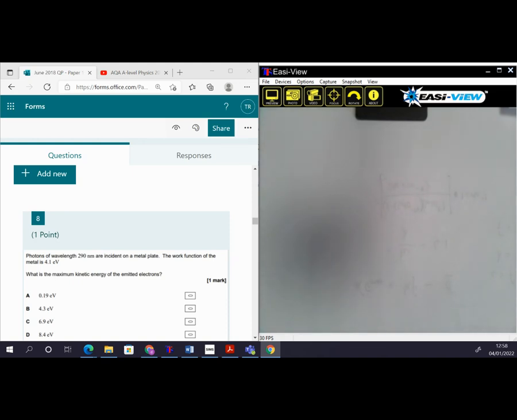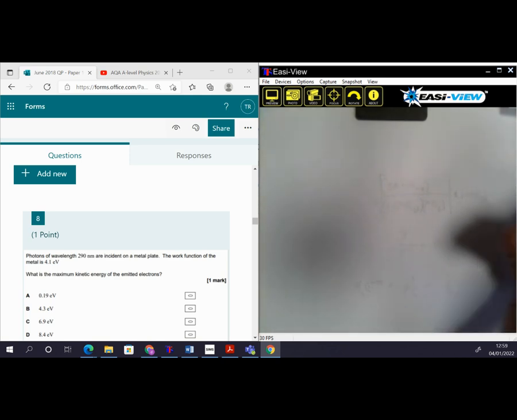This question is testing whether you can convert a wavelength of a photon into an energy and make conversions between electron volts and joules. It's also testing that you have a good understanding of the work function and how the kinetic energy of photoelectrons released in the photoelectric effect, how the maximum kinetic energy depends on the incident photon energy